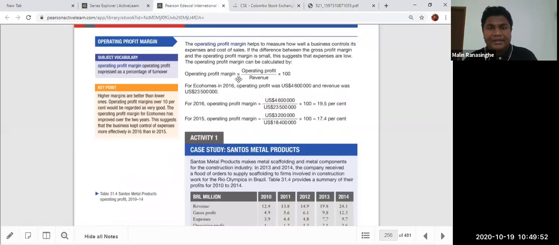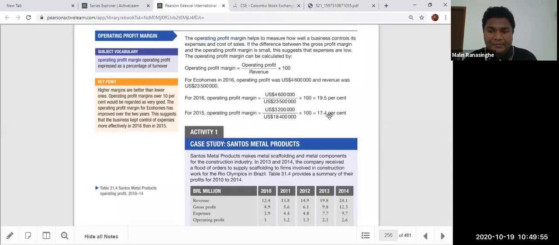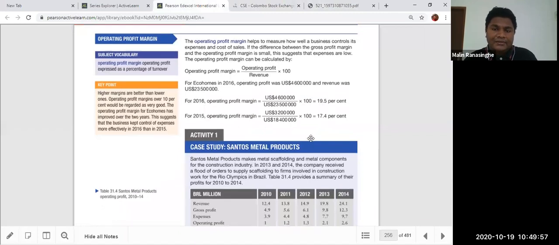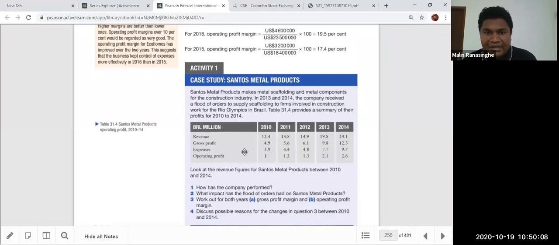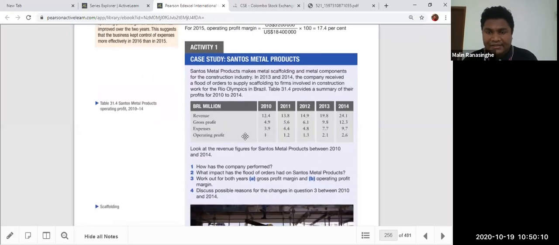By looking at this, you can find out mainly the operating profit and the gross profit margin. So today, that's why I mainly want to give you some idea about the operating profit and gross profit margin differences. Look at this case study finally, as we have another 5 minutes more to wrap up this lesson.